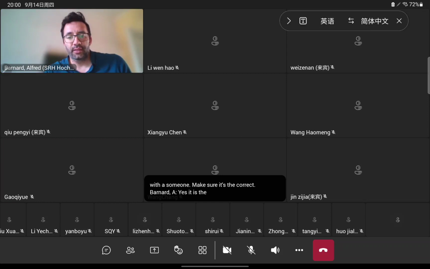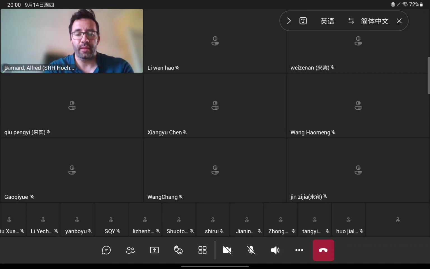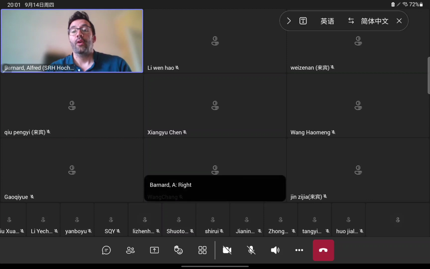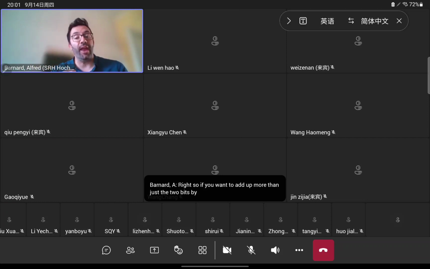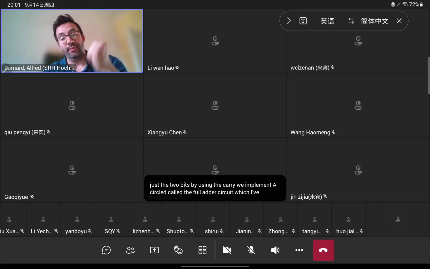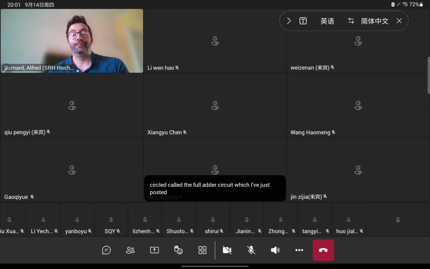Yes, it is the correct one. Right. So if you want to add up more than just the 2 bits by using the carry, we implement a circuit called the full adder circuit, which I've just posted